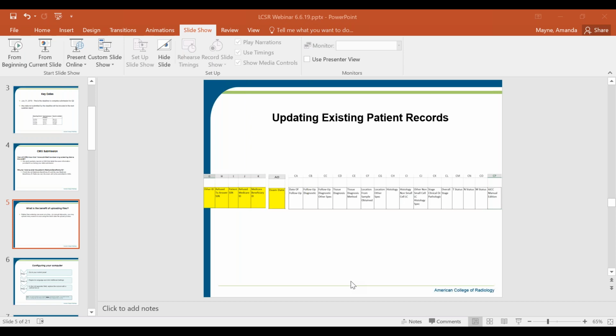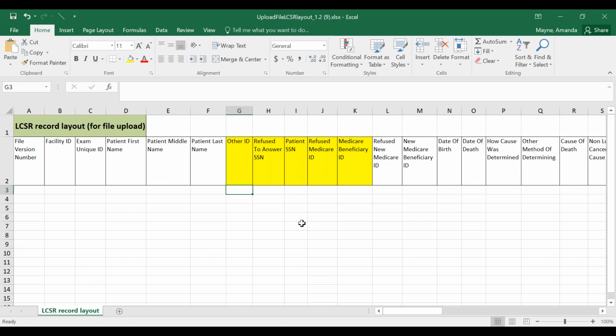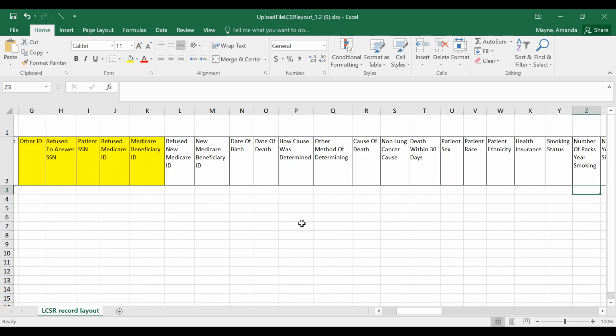From there you will open the template and enter that identifier into the corresponding field shown here on the screen. So depending which identifier was used, you would enter either G, H, I, J, or K. Then you'll continue scrolling to the right on the template. This is just a screenshot, so it's not the full effect, but this is what the template looks like. So you'll enter either G, H, I, J, or K, and this is for a follow-up, and then you're going to scroll to the right